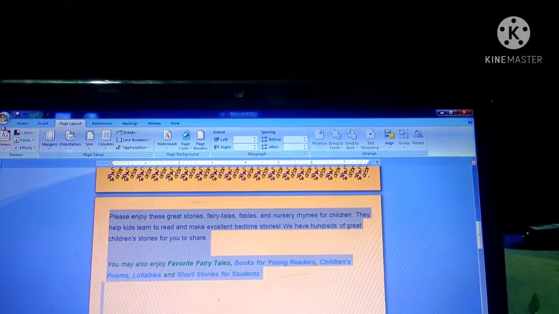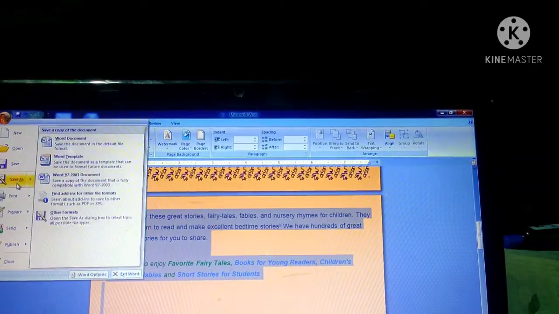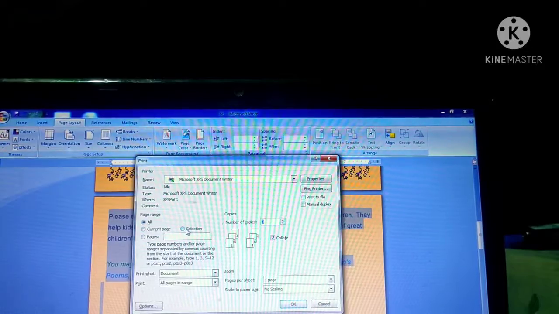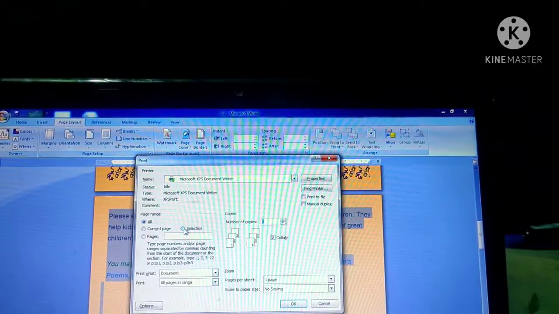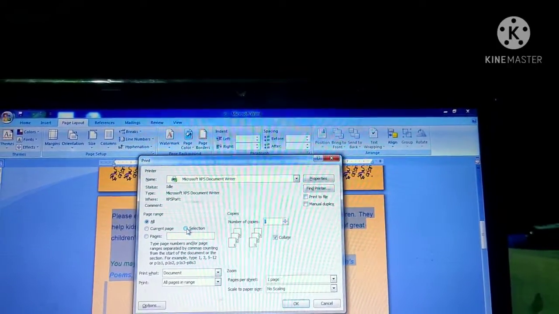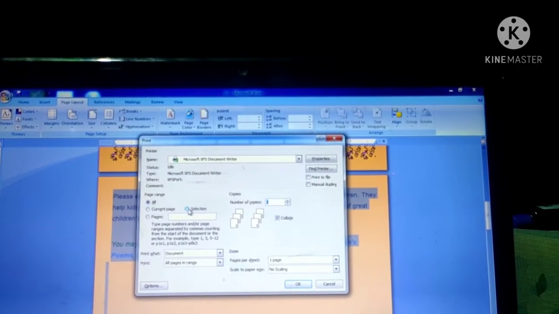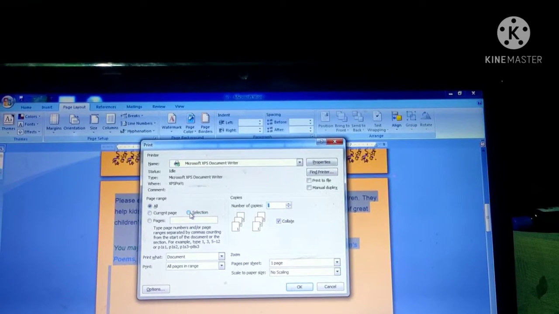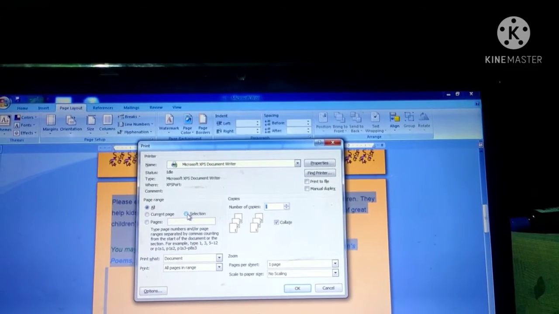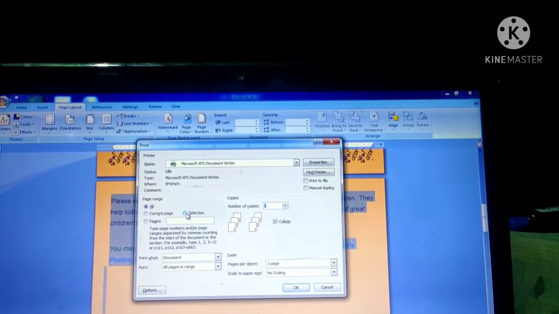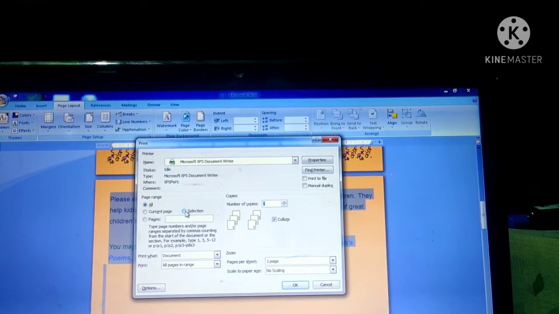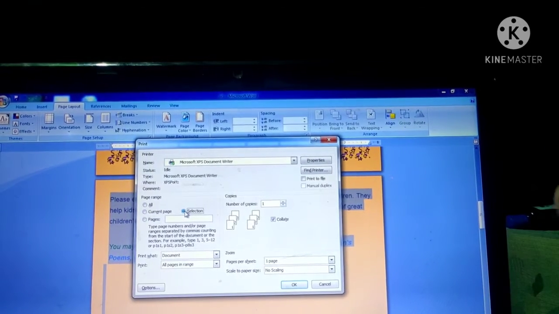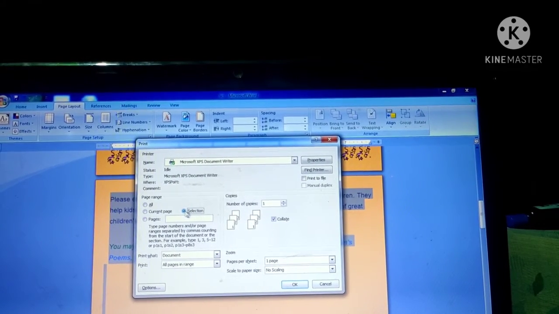After selecting, let us click on the print option. Now you can see that this selection option is also highlighted here. This selection option is used to print a selected part of the text. It is not necessary that you print only the first page or the whole document, you can even print a given part of the text. So if you select Selection here, only the selected text will be printed.